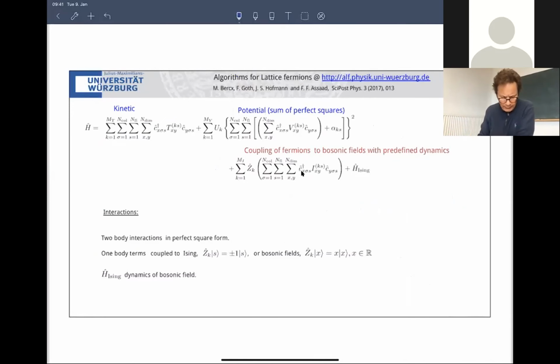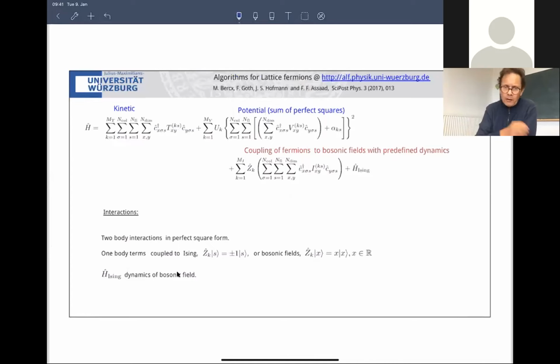So I went a bit too fast now. I have here two body interactions. I already talked about this. The one body term couples to an Ising field or to a bosonic field, as you like it, or scalar. So it has to be a real field. And then the Ising term here gives me the dynamics of the scalar field, essentially, and that has to be